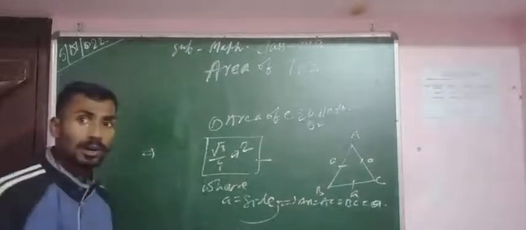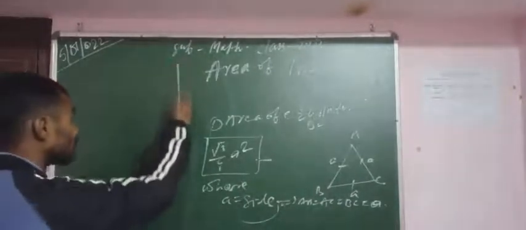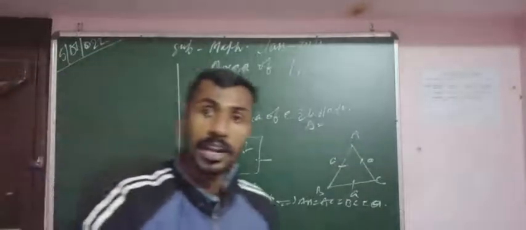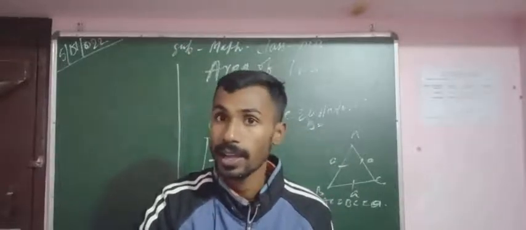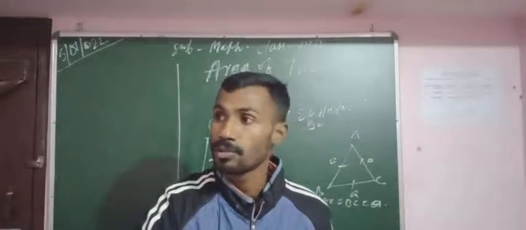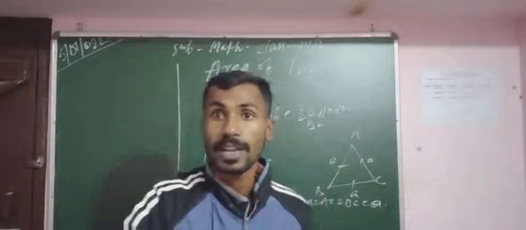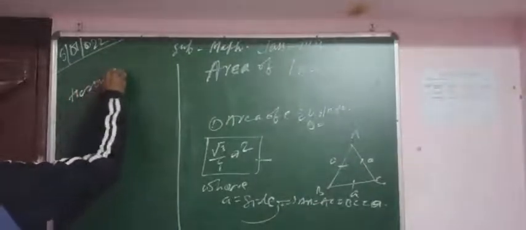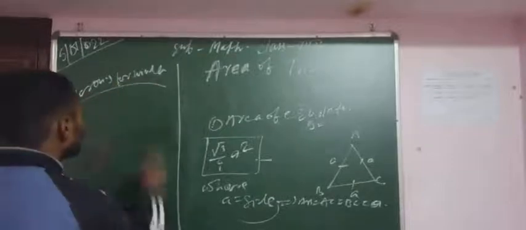तो एक अनदर फॉर्मूला होता है जिसको हम लोग किसी ट्रायंगल का एरिया कैलकुलेट कर सकते हैं व्हेन साइड इज गिवन. Then we can use another formula to calculate the area of triangle in which all the sides of a triangle are given. एक अनदर फॉर्मूला है जिसको हम यूज करके ट्रायंगल का एरिया कैलकुलेट कर सकते हैं, जिसको हम लोग बोलते हैं हीरोन्स फार्मूला. Heron's formula.